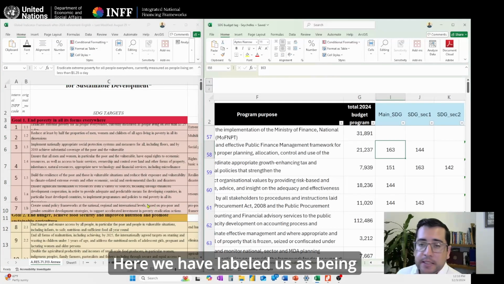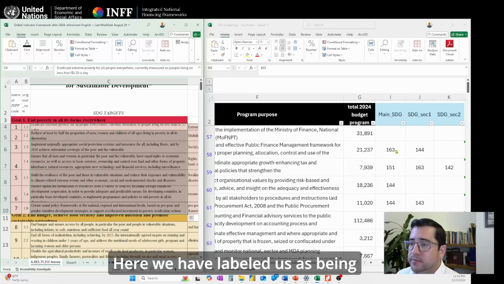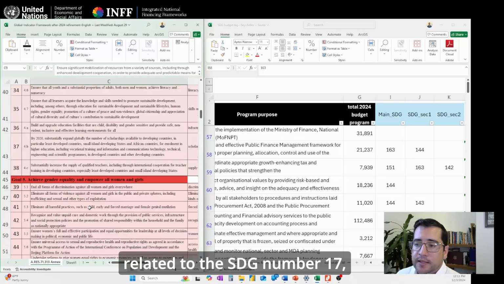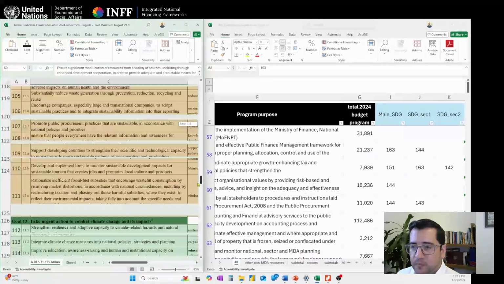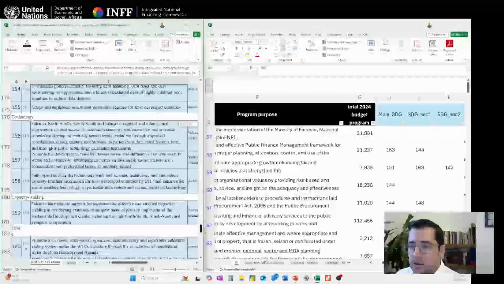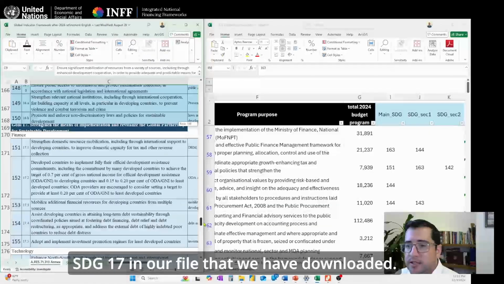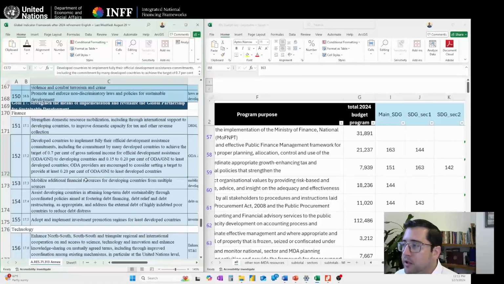Here we have labeled it as being related to SDG number 17. So we're going to scroll all the way to SDG 17 in our file that we have downloaded,